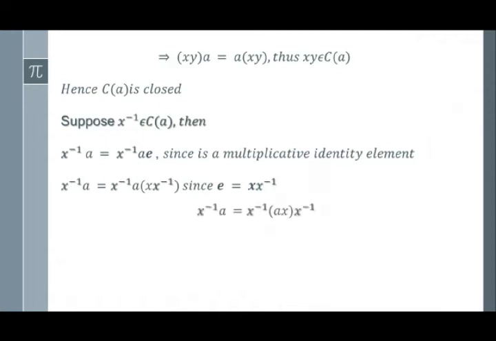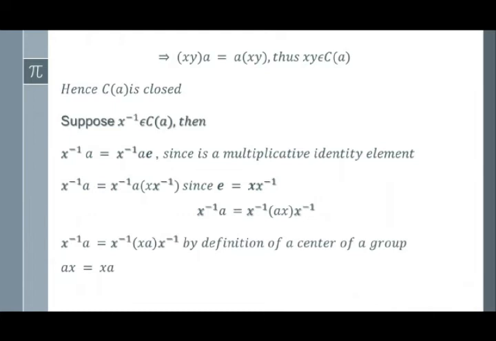Then we are having x inverse times a is equal to x inverse times (a times x) times x inverse, and then by definition of a center of a group,